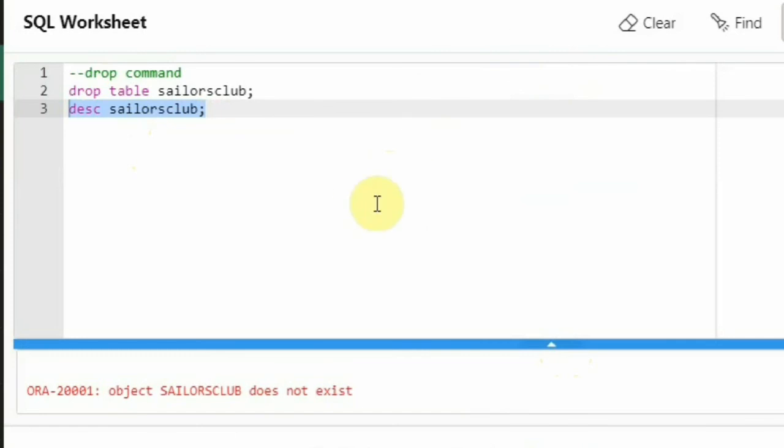If you want the table sailors or sailors club again, you have to use the create command and recreate it. There is no other way. Truncate will keep the table, and you can make more insertions, but drop will completely remove the table from the database. I hope truncate, rename and drop are clear to you, and also the comments.